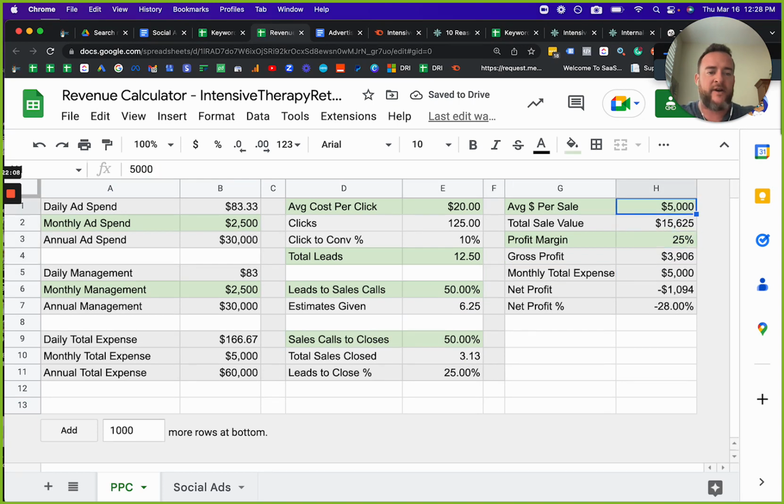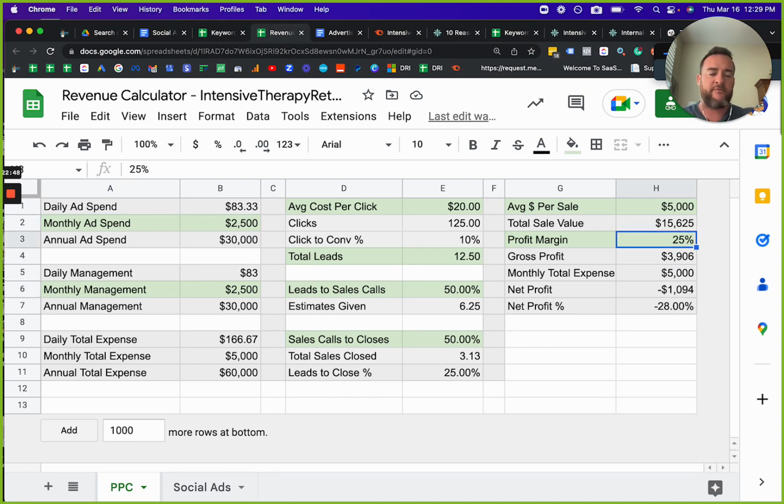If your average value per customer is $5,000 and your profit margin is 25%, you can see that you're actually negative net profit. That's why this is very important for us to look at out of the gate, is to make sure that whatever the projections are, you're able to make an impact on. So the reason why we have this table is to go through and make sure that this is ironed out for everybody we work with, because even if we work with 2 retreat centers sitting right next to each other, which we aren't working with any right now, the main thing that you want to see is what the profit margin is, the average sale is, and then what else we could do to optimize your strategy.